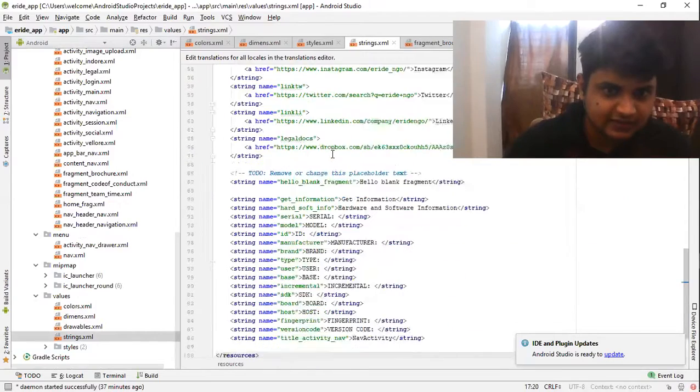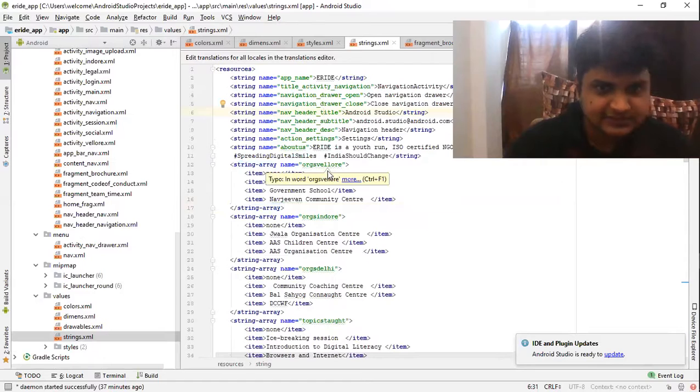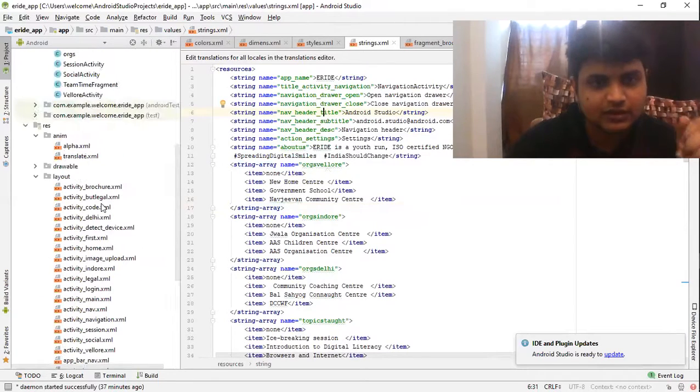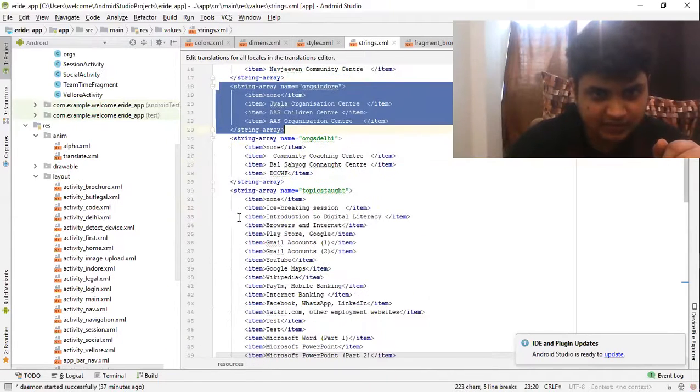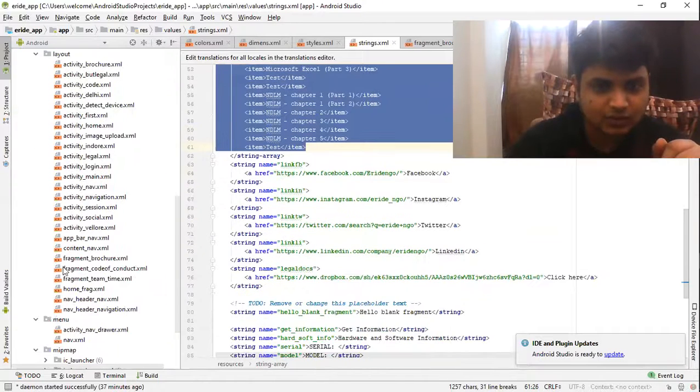You can see that there are many strings which I've used over here, like this, this is a requirement. I use them whenever they are required in the Java code. I used it for spinners and all. I will be importing all the string arrays over here to my Java code, and then